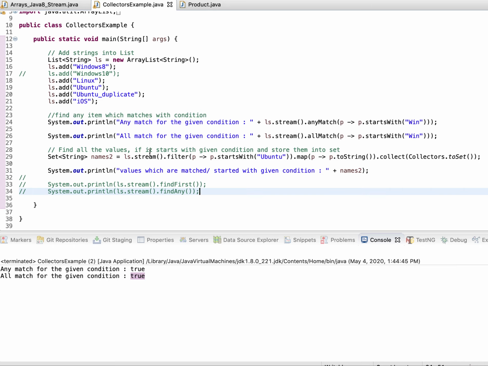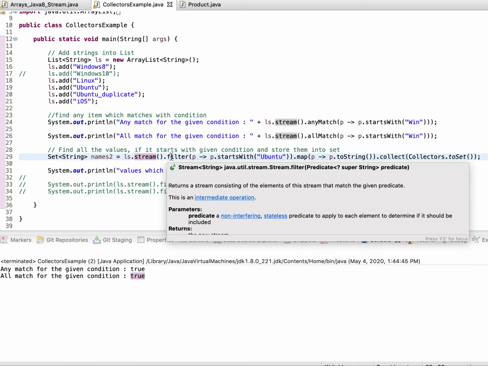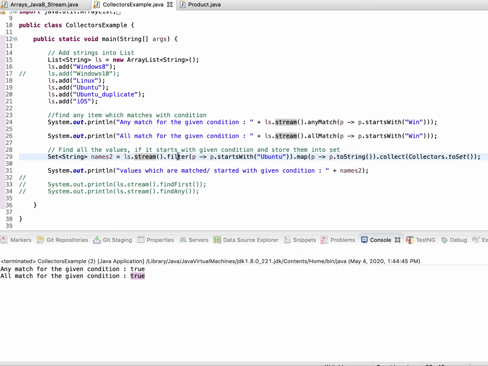This is my list. Apply a stream, and on top of that I am putting a filter because I want to put a condition on the list to get the output. I explained in the previous part 1 and part 2 videos how filter works and what the use of a filter is.